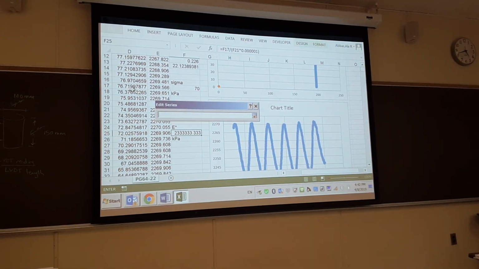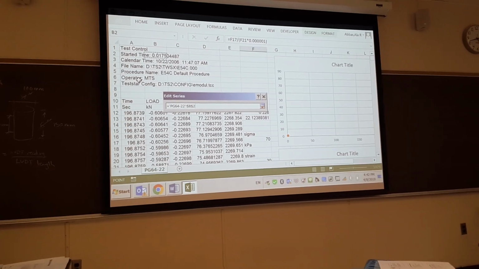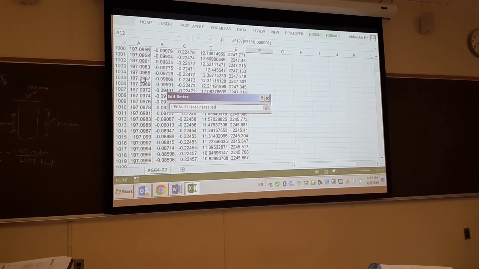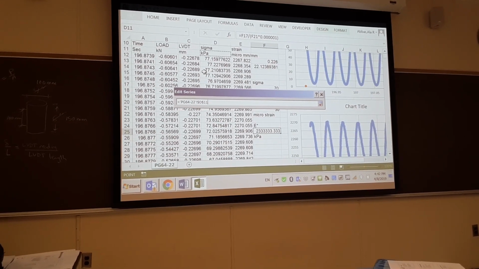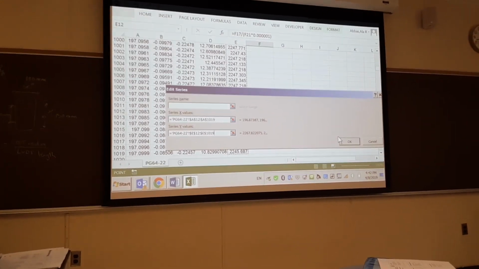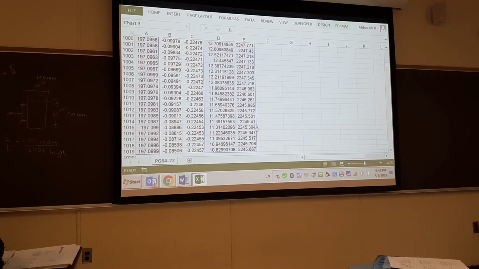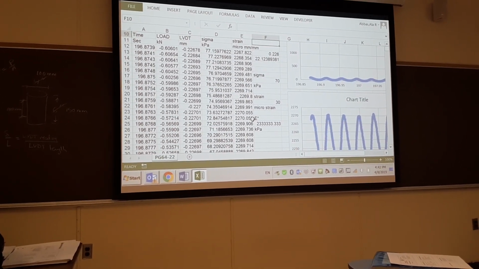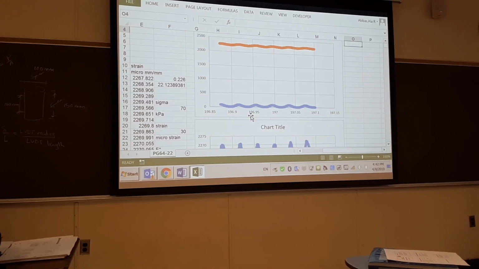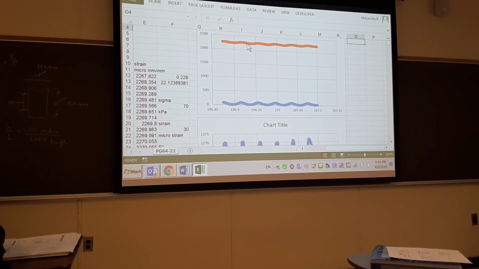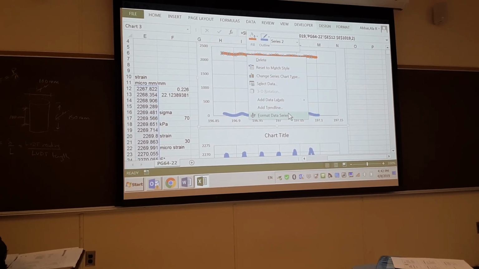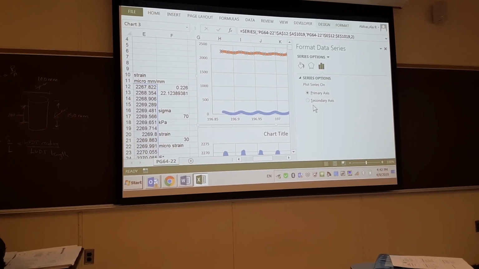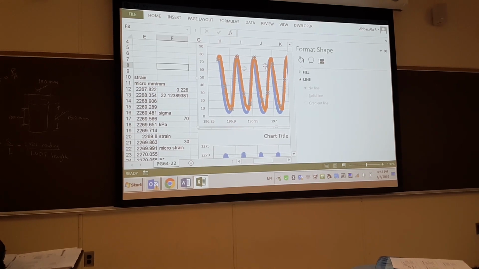You can add the stress and the strain to the same graph. So in here, this is your time, and this is your strain. Keeping in mind that these two have different axes, yes? So you can't really keep them like this. So what you can do is right click, and then select secondary axis. See? So now